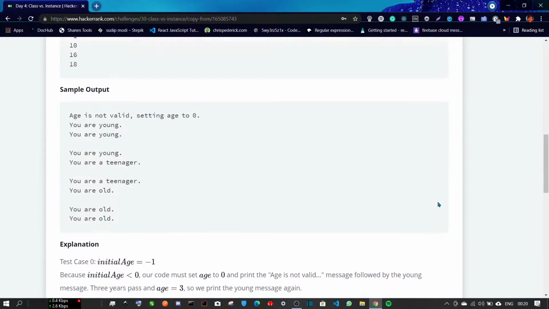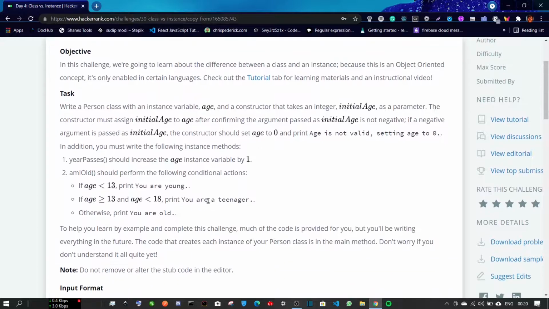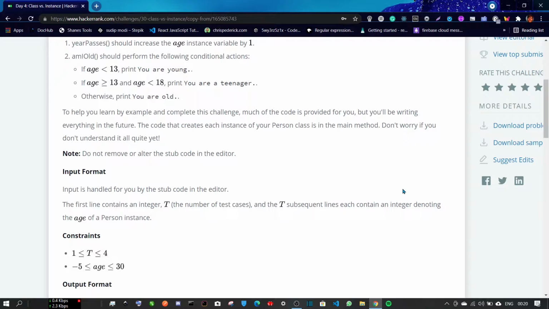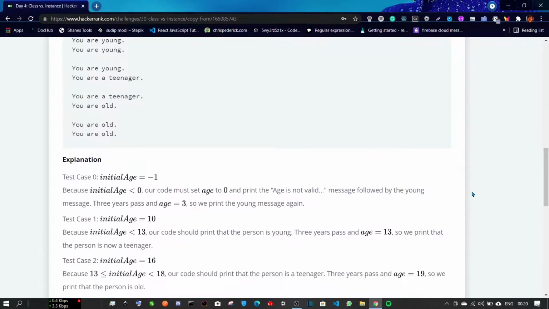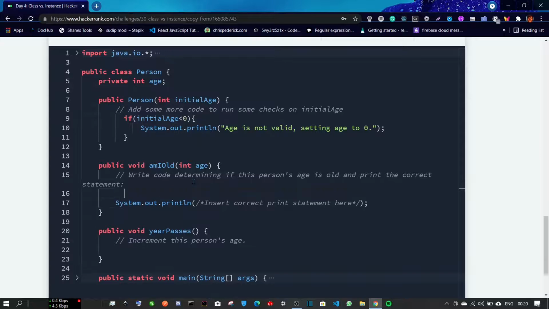So what does this am I old method do? This checks for the conditions of age. So less than 13 you are young, greater than or equal to 13 and less than 18 you are a teenager. So first we write the condition for you are young. We'll have the parameter, so integer age, and then we'll take the condition.